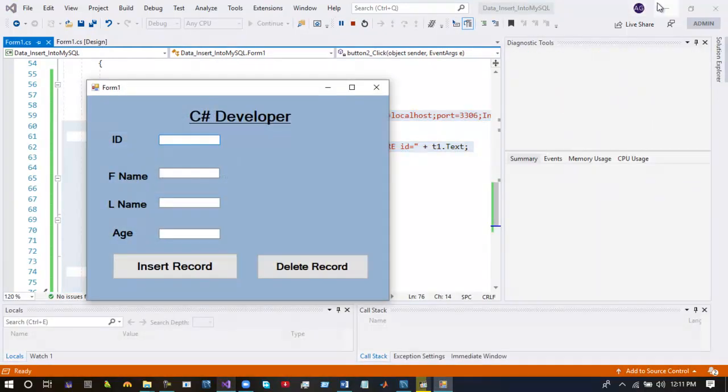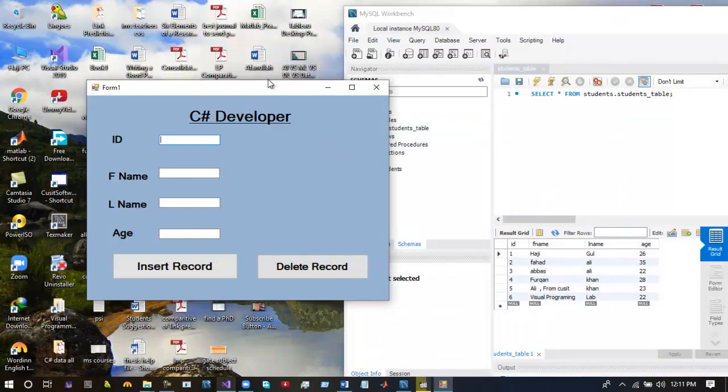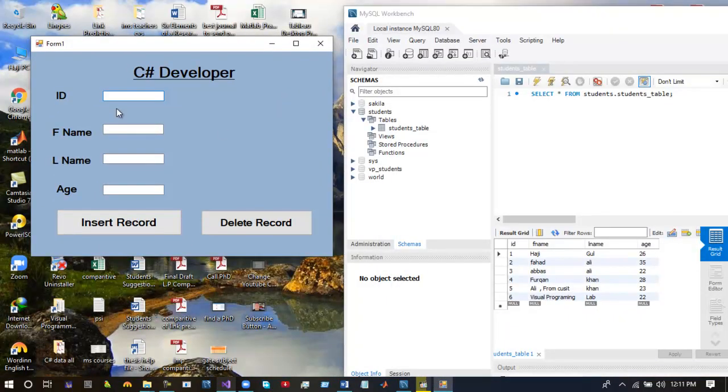Wait, it will take a few minutes. Now we have run our application, and I want to delete row number 6. I will put the ID of this user here and press delete. Yes, it worked, the record has been deleted.